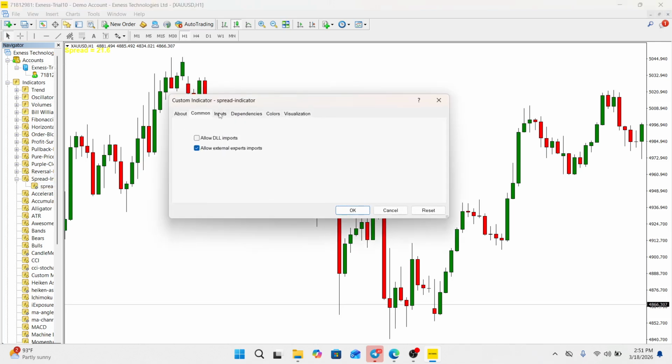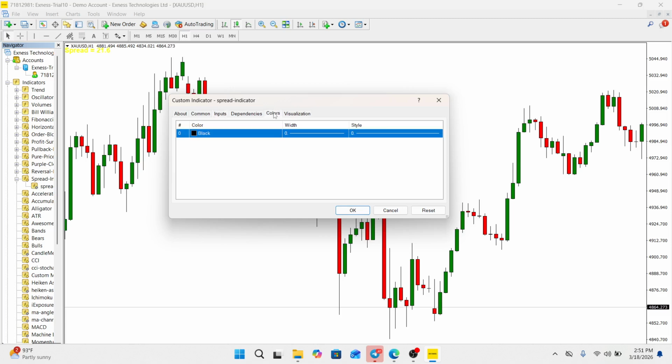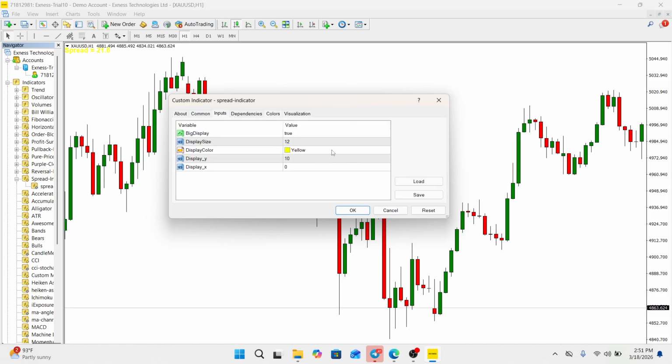As for the indicator settings, there are core settings that usually allow you to choose where the spread display appears on the chart, such as top left, top right, bottom left, or bottom right. There may be options to show the spread in pips or points, depending on how you prefer to read the value. Visual settings let you adjust font size, color, and background style, so the spread panel is easy to read without